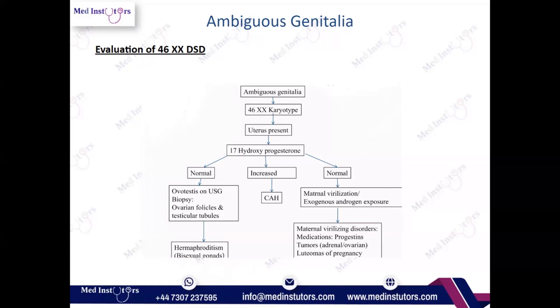If the uterus is present, that means it is not Mullerian agenesis. Now we need to rule out some other things. For example, we know that the most common cause is 21 alpha hydroxylase deficiency, so start the workup for that. 17 hydroxyprogesterone is the marker we use to diagnose the patient of 21 alpha hydroxylase deficiency, and this is